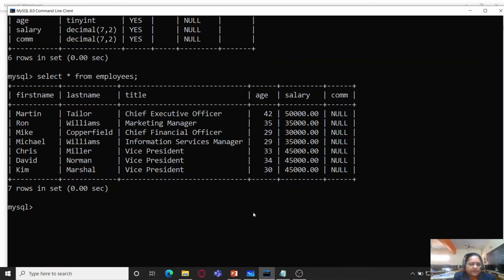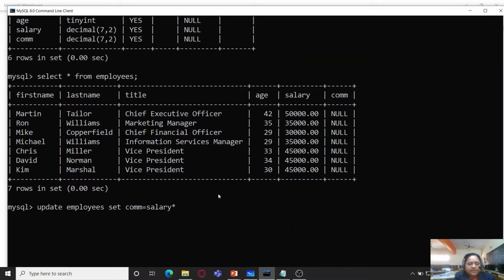Because the tuples are already inserted, if I try to insert values for commission using the insert into table name command, then it will add another tuple over here. But I don't want to add a new tuple, rather I want to make changes in the existing tuples only. So I'm going to write update table, update employees, that is table name, set com equals salary.